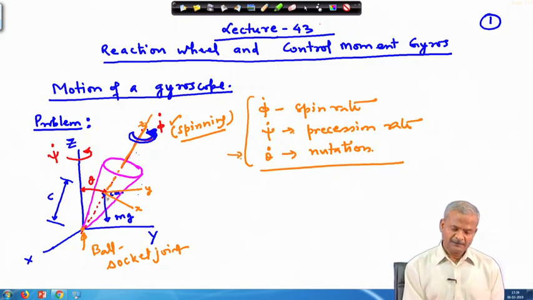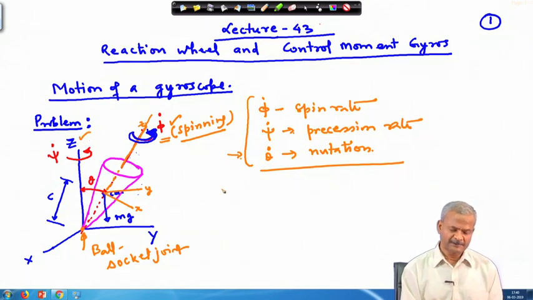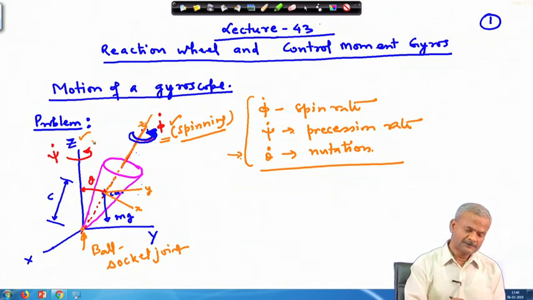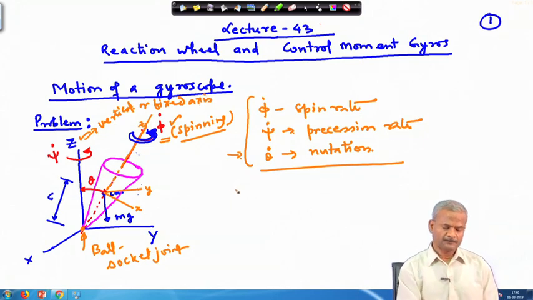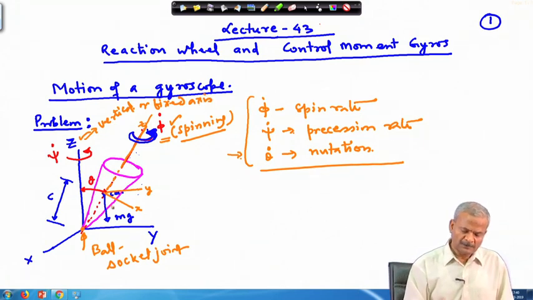Now, here in this case, as you know, once you play with the top, it is spinning at some spin rate which is given by this phi dot. And it makes a certain angle with the vertical. This vertical I have shown here. So, this is your vertical fixed axis. And the gravitational torque is acting here.